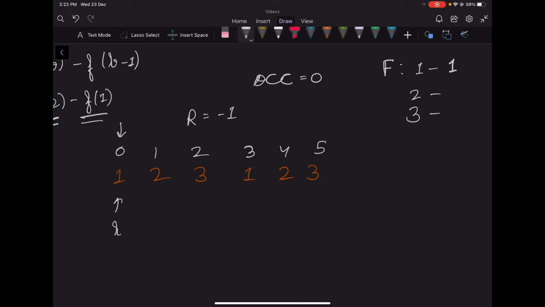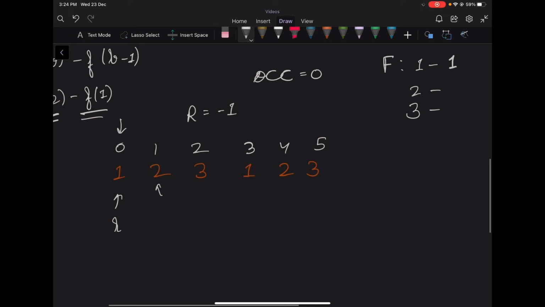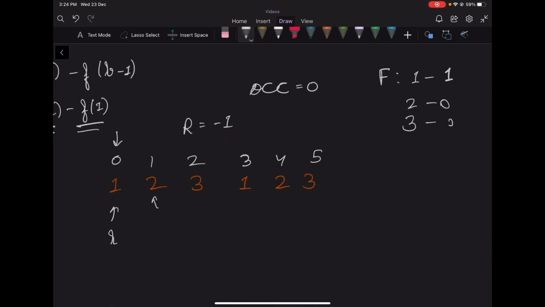Now we want to check if we can take the next element, which is 2. Since the frequency of 2 is currently 0, we can take 2 because taking 2 won't change the value of occurrence, and we want the value of occurrence not to exceed 2, because 2 is the maximum limit since we are finding f of 2. So we'll increment our right pointer now, and also increment the frequency of 2, because now the frequency of 2 is 1. Similarly, we can again increment our right pointer since element 3 has frequency 0. So this will be now 1.